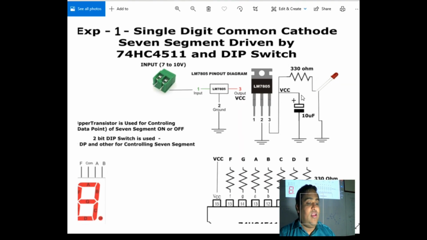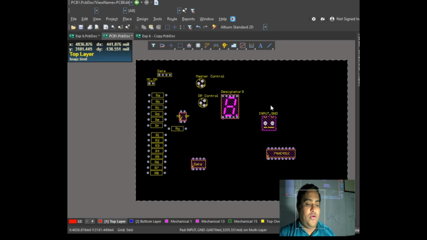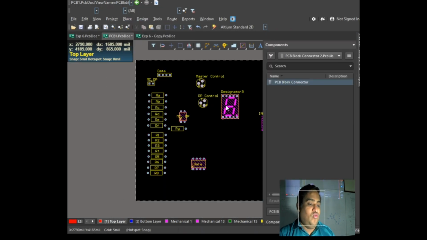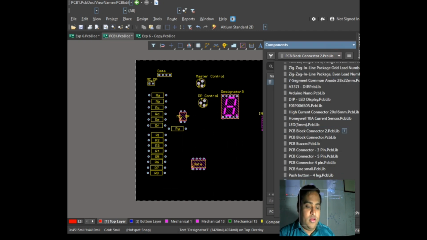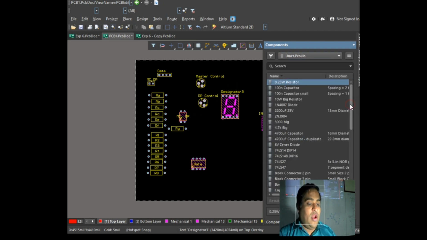Now coming to the other thing, the power supply section. I have a regulator. Now maybe for experiment number 1, a heatsink is not required, but it's compulsory to use a regulator with a heatsink, and also the capacitor over there. So heatsink is always a must, and in any power supply which you are going to design, please always use this place component, and over here go to this Umar.pcb library. I guess some student renamed it, that's why I have it named by Umar. So if you just go in this Umar library, you will find out